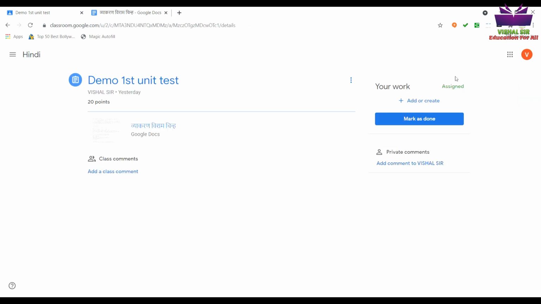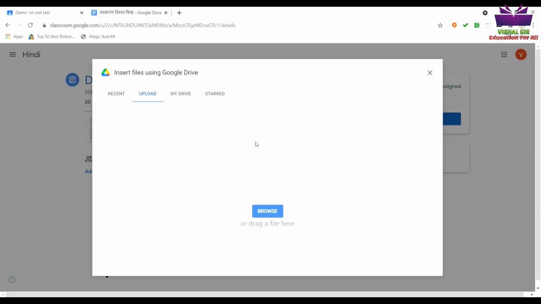For uploading, you have to come again to the question paper where you had clicked and found it. There, on the right side, you will find your work, and you have to upload from there. If it is in the Google Drive, you have to click on Google Drive. If it is saved in your laptop or computer, you have to click on File. Okay, click on File, then it will ask to browse. Okay, again it will ask if it is in your drive or if it is upload. So you have to click on browse to upload, to search that file. Wherever you have saved it, it will take you over there.